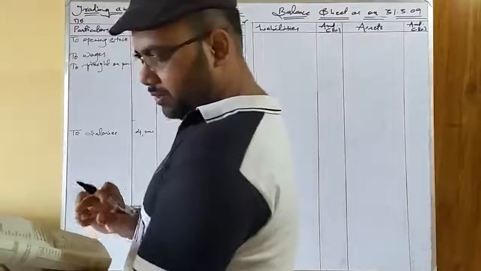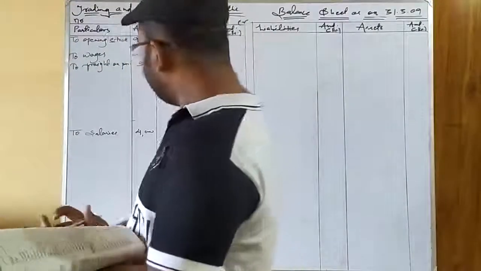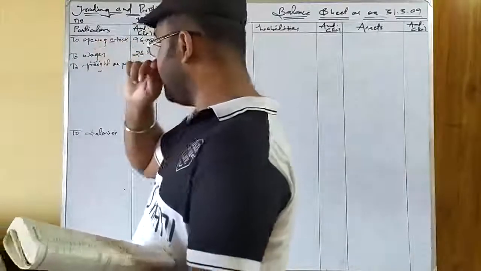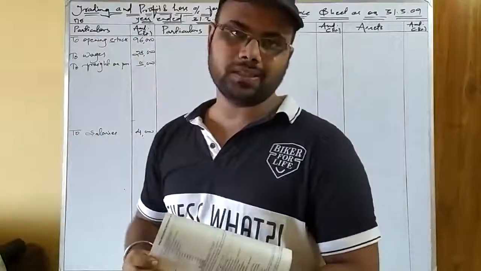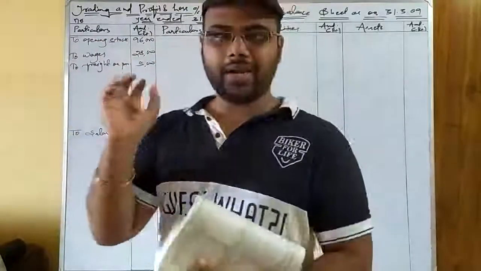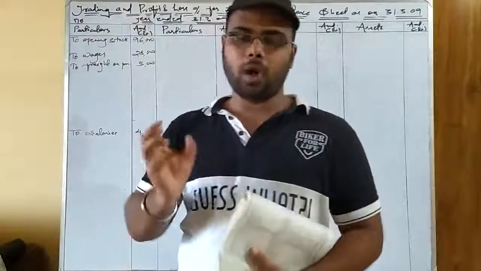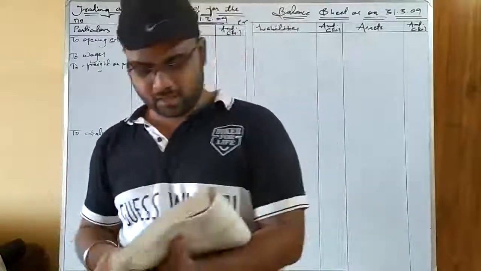The next item is purchases. Okay. So see, since we have lesser space left here, if there is any return for the purchases, we'll post on the opposite side. And you know, posting on the opposite side or making a deduction is the same thing. Okay. So purchases given is 1,20,000.